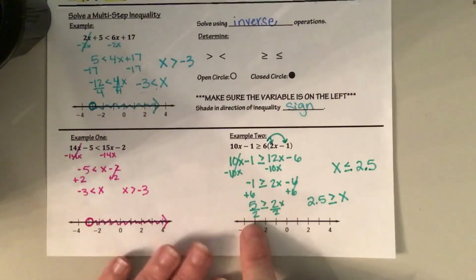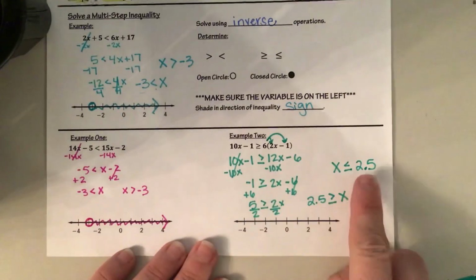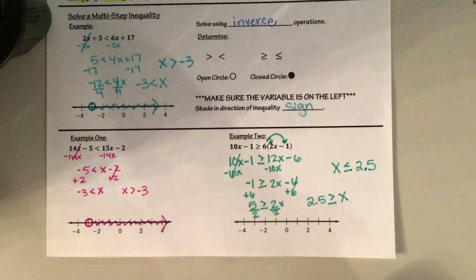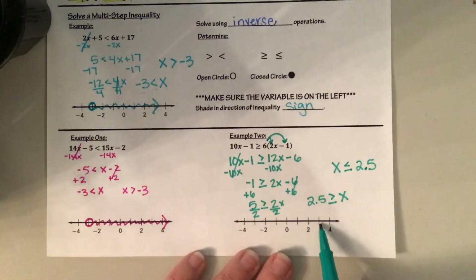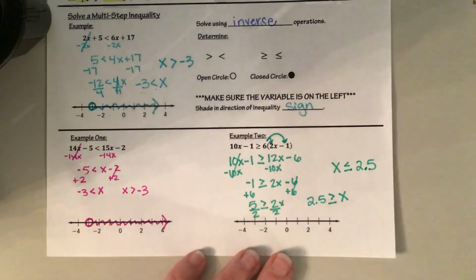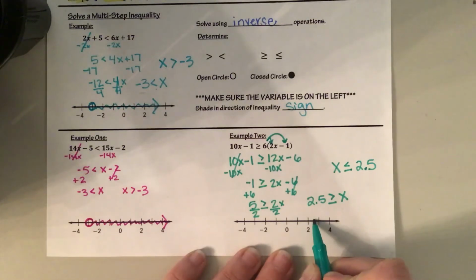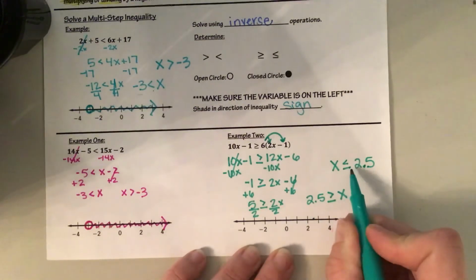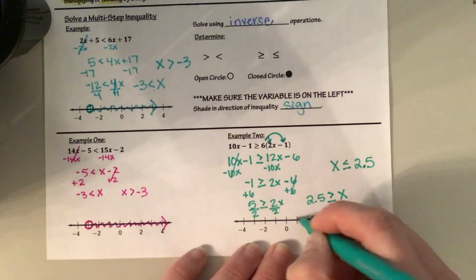You can leave that as a fraction, but just know that on a number line, it's easier to change it to a decimal because you're looking for that decimal. So we're going to find 2.5. Notice that this is going by increments of 1 whole. So we're going to have to find in between. 2.5 between 2 and 3 is going to be right there. Now, this has that equal bar under it, so we have to do a closed-in circle. And we're going to point